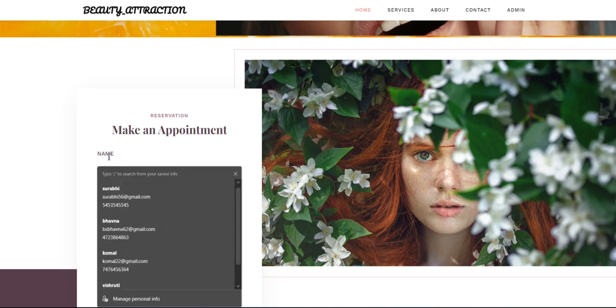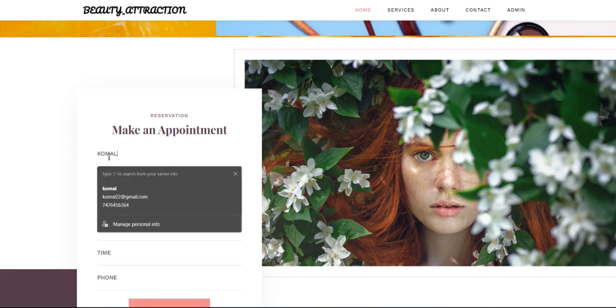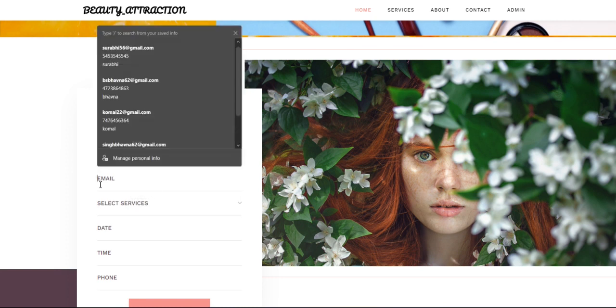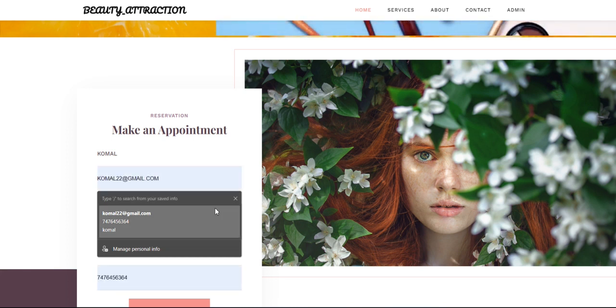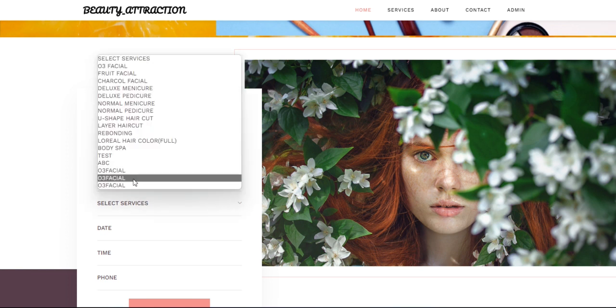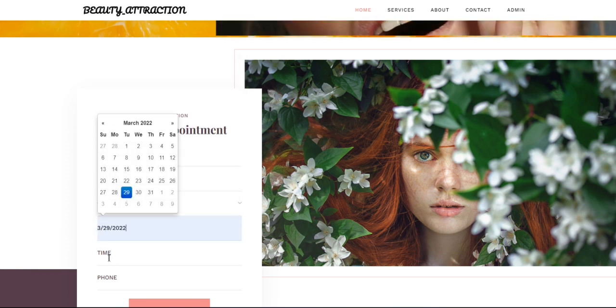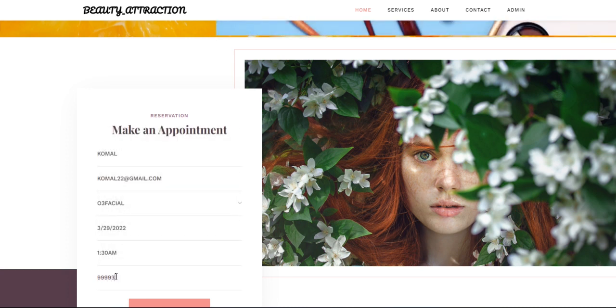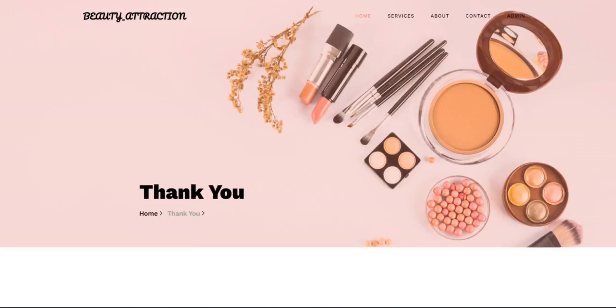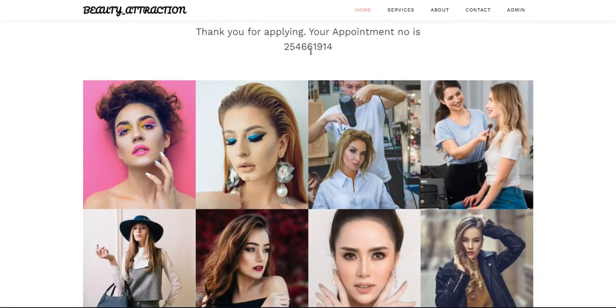As you can see, by adding a name, adding an email address, then selecting a service, a date, a timing, and adding a phone number, then by clicking Make an Appointment, the customer is redirected to this page, which says thanks for applying and gives an appointment number to the customer.